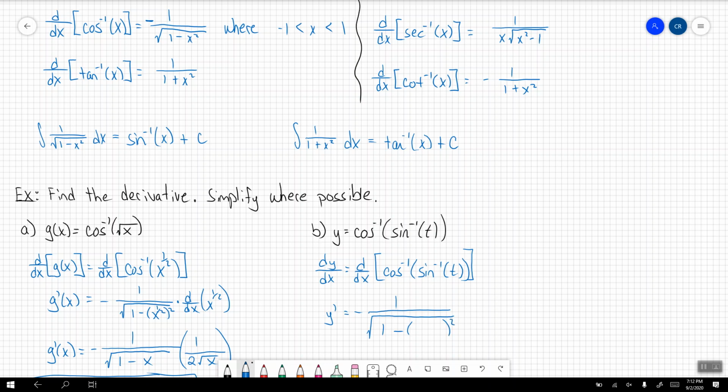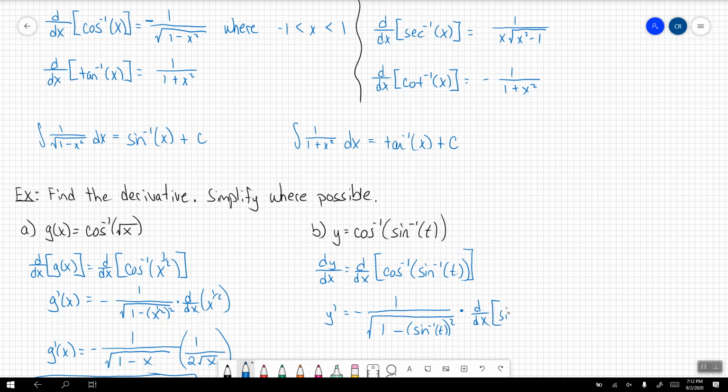Now the big question is, what is the argument for cosine inverse? Well, that argument is just sine inverse, so that's sine inverse of t. Because this is a function composition, I still need to multiply by the derivative of the inside function,